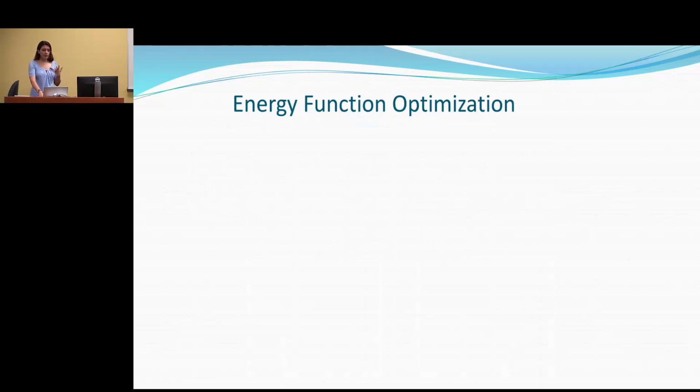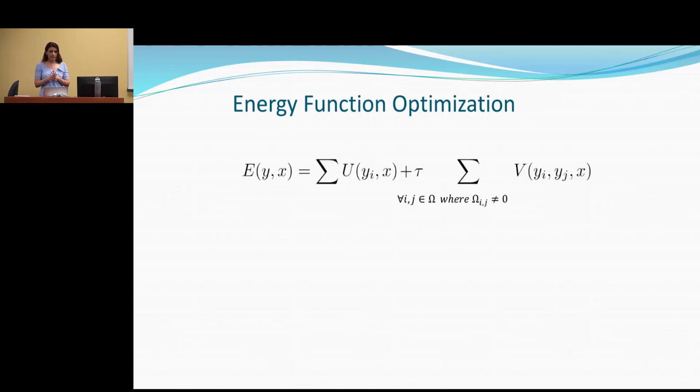So now as we obtain our graph structure for the query image, we build a CRF over these superpixels, and we formulate an energy function E. This is the unary term, and this is the pairwise term. So I and J, the connection between superpixels, came from the precision matrix omega.